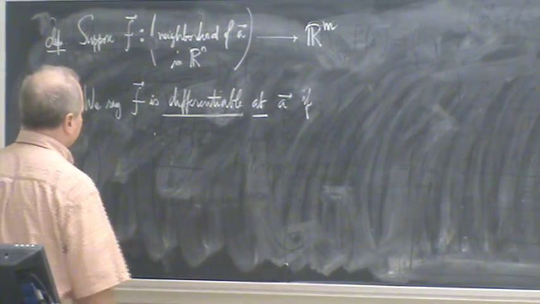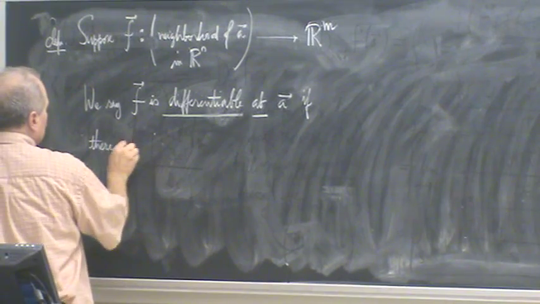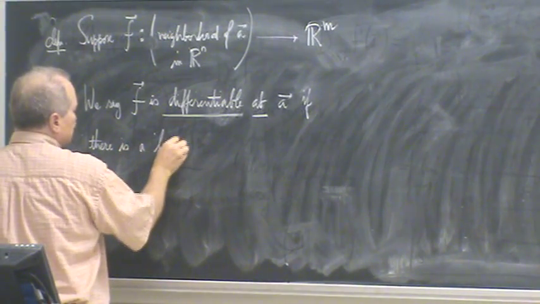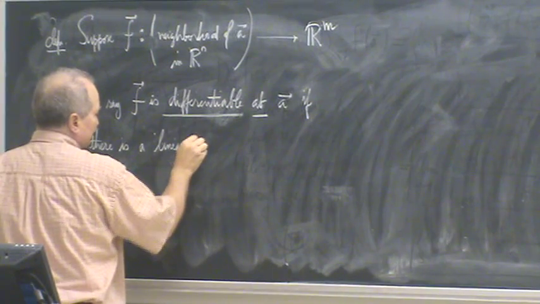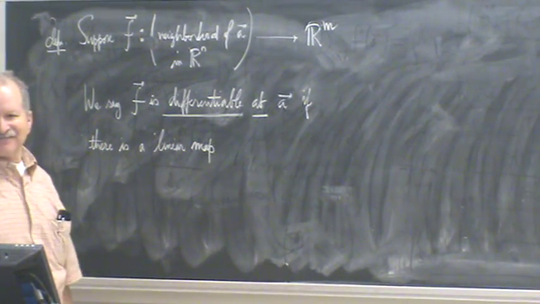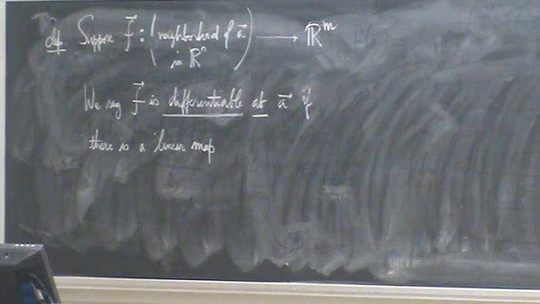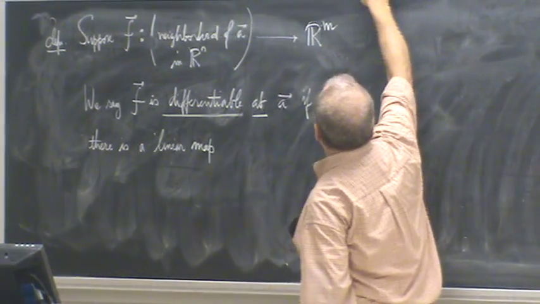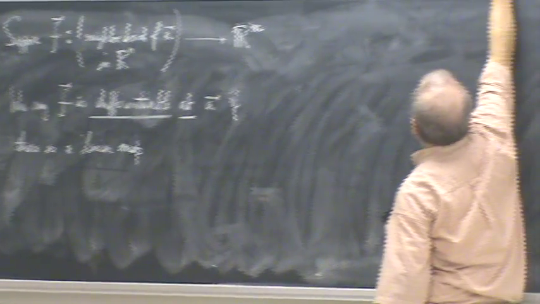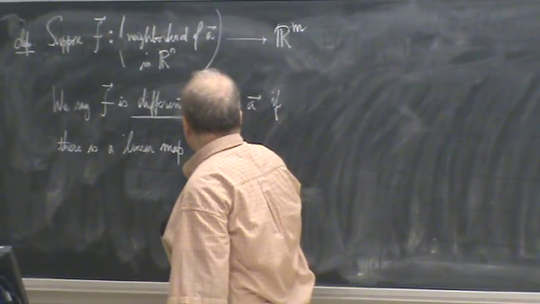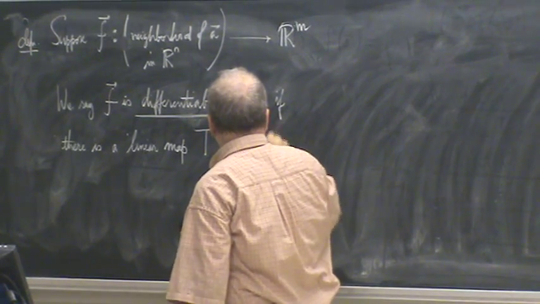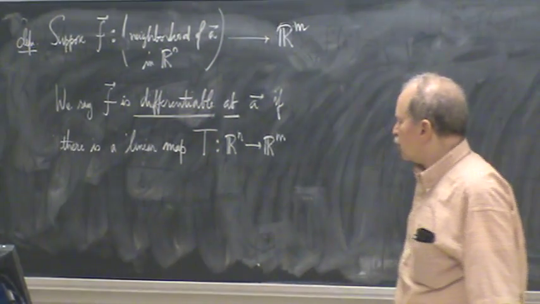Well, let's see. What do you think a linear approximation should be? I bet it should be a linear map. So this was the propaganda for why we did all this linear map stuff, because you want to approximate functions that aren't linear by linear ones. So the linear map is going to replace what we had here. There's a linear map T mapping R^n to R^m so that